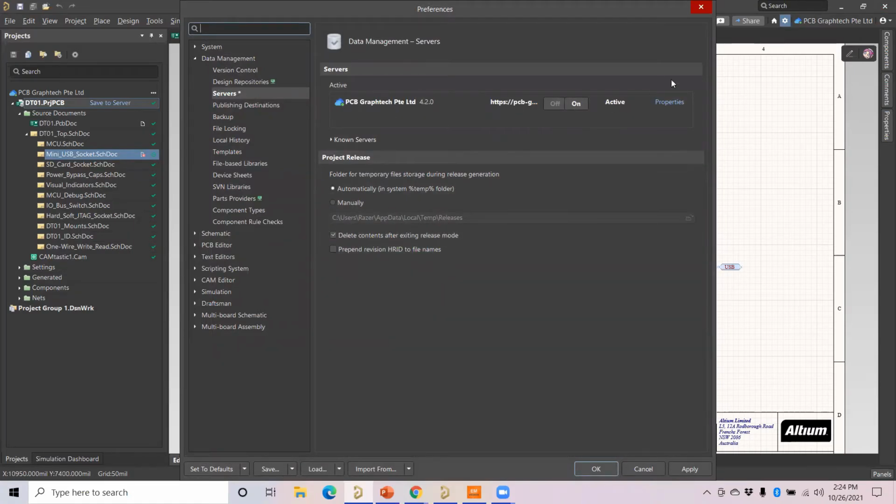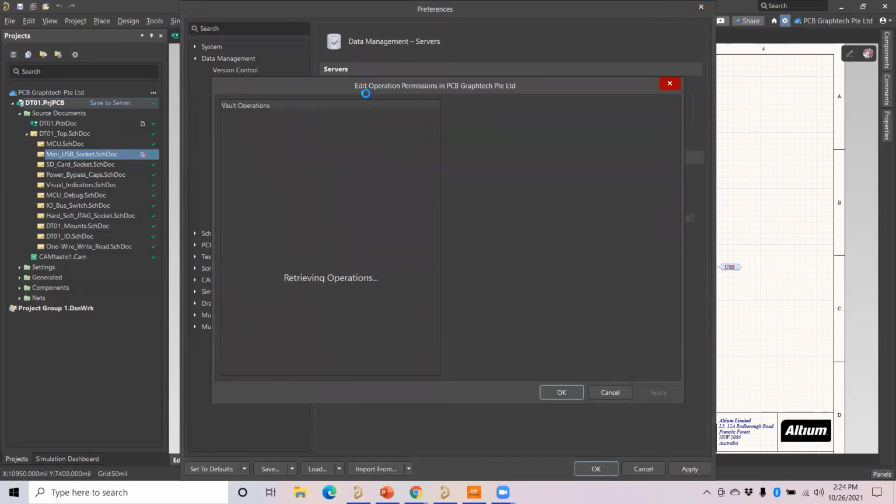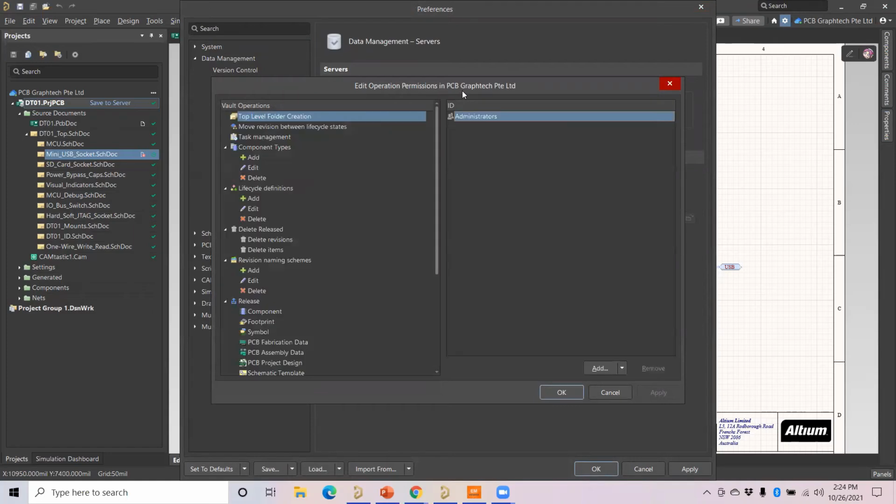Under its properties, there is an operation, edit operation permissions. This is for workspace edit operation permissions. I can give the rights to who can edit or add component types, life cycle definitions or revision names, and who can release components or footprints, all this.